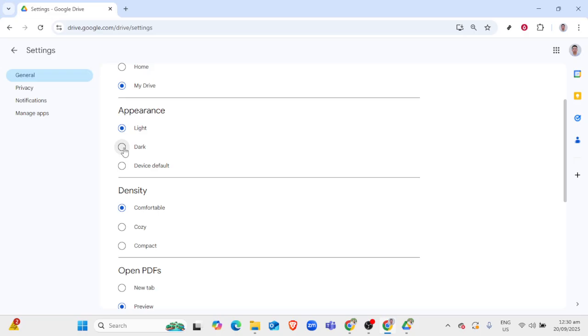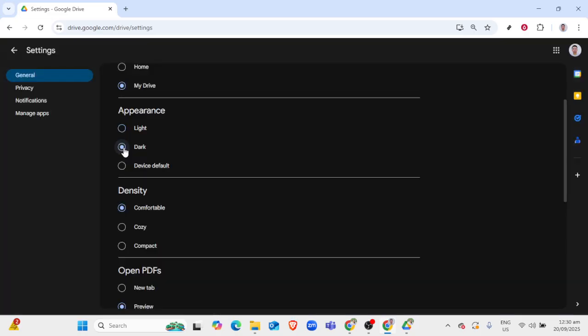Currently, Google Drive doesn't have a built-in dark mode switch on the web, so you need to adjust some settings in your browser or make use of add-ons or extensions. If you're using Chrome, you can try a simple command to switch everything to dark. In the address bar, type